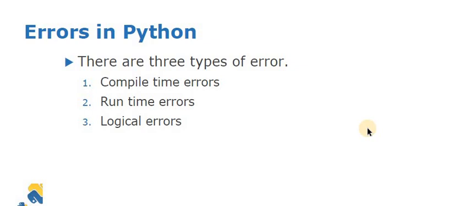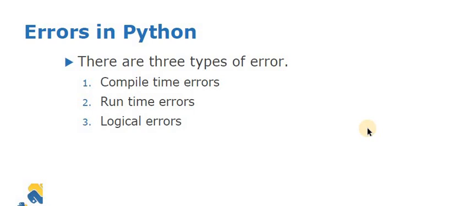Another is the runtime errors. Now runtime errors, we can say that it is dynamic. I am giving one example. Suppose I am executing my program, and whatever input I take from the users, if the data type is declared as integer, and you give the value as a float, then the data type is mismatched and you have to come out from the program. That means whenever you run your program, at that time it will generate the errors, then it is known as runtime errors.